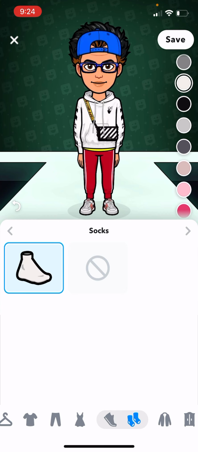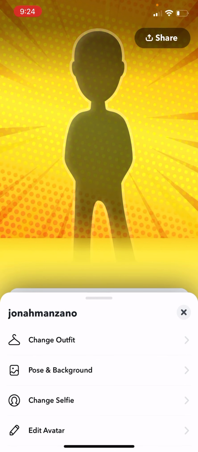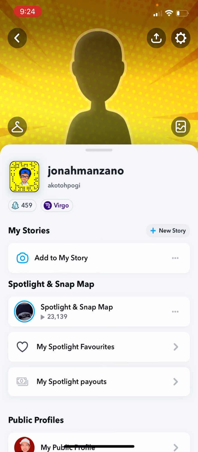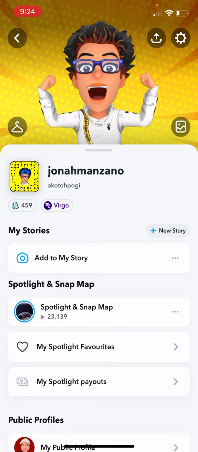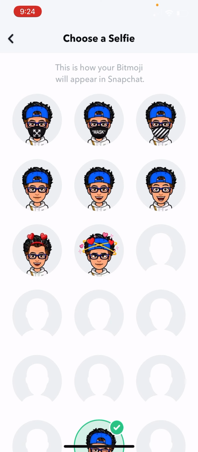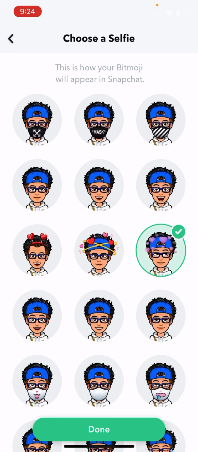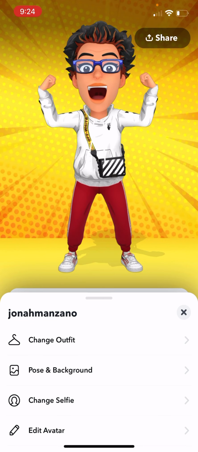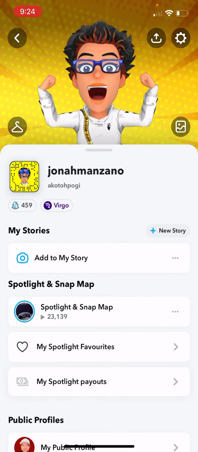Now we save it. This will reflect on your screen. Just wait for it to load up, and here you go. So change selfie as well. This is just for when you chat with your friends and all that. Here on the left corner. So if we actually change